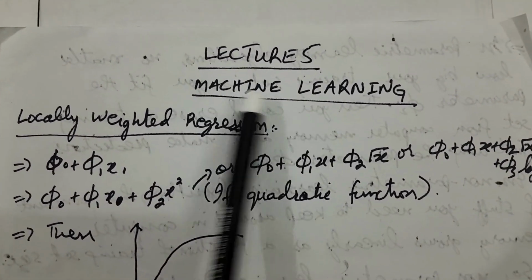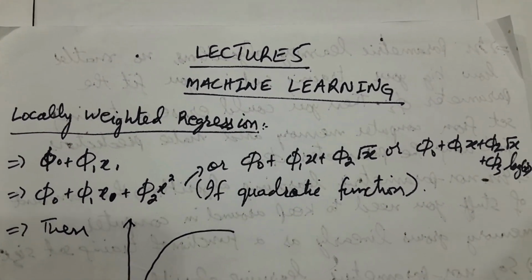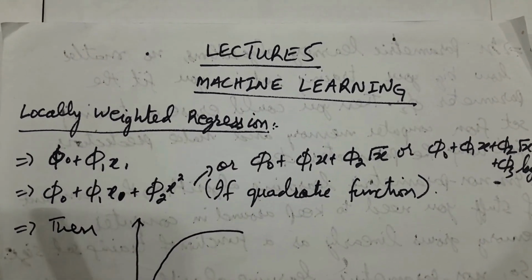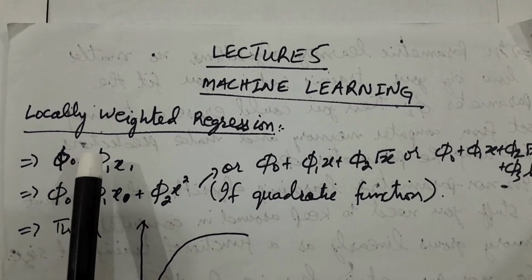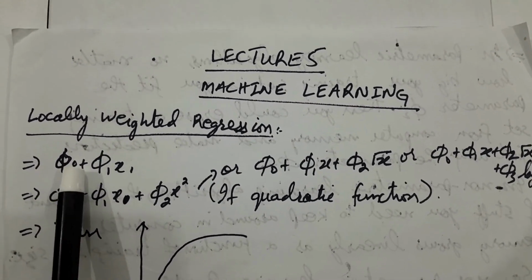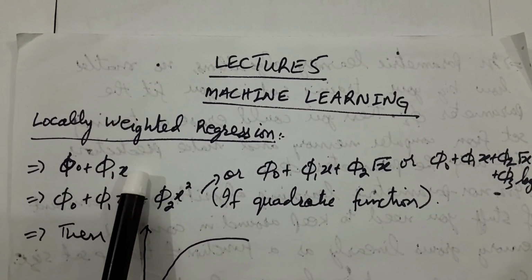Welcome to lecture number 5. Machine learning: locally weighted regression is the topic. Previously we were discussing various features. Now here phi naught, phi 1, x1 is